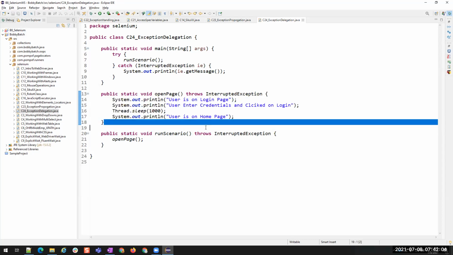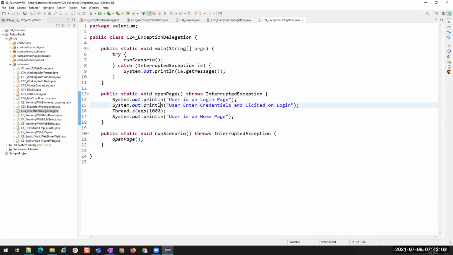Okay, so the throws keyword, what it does, it knows the source of the exception, but it is not going to handle it. I'm not going to handle it because, if there is an exception, the way I handle the exception might be different, and the way you handle the exception might be different. Right? For all the applications, if there is a delay, we will not just close the application, right? Sometimes some of the applications will close and reopen. Some of the applications we keep on waiting. Some of the applications will click on some of the buttons again. Right? So there will be different scenarios to handle such kind of exceptions or such flows.